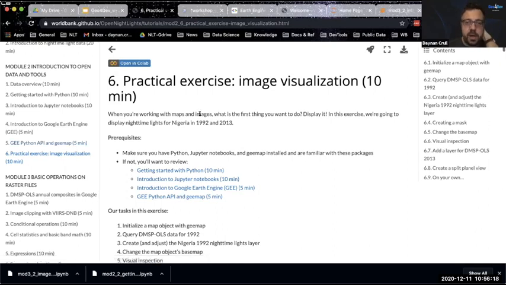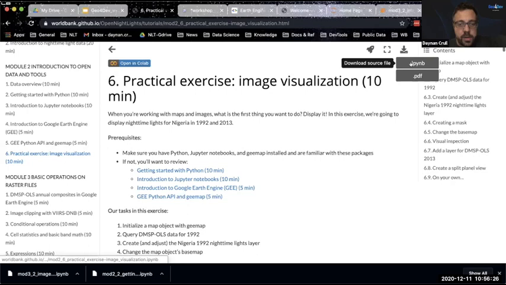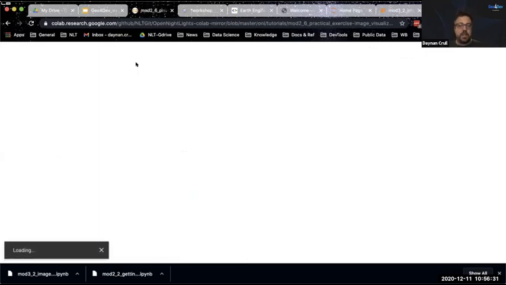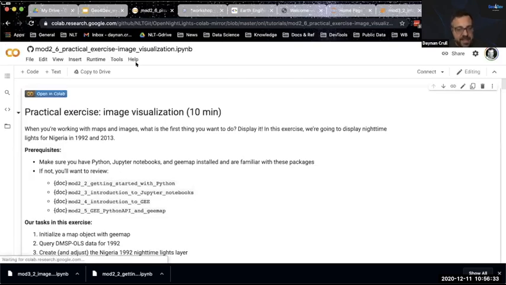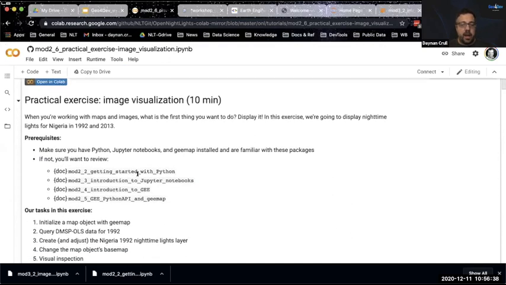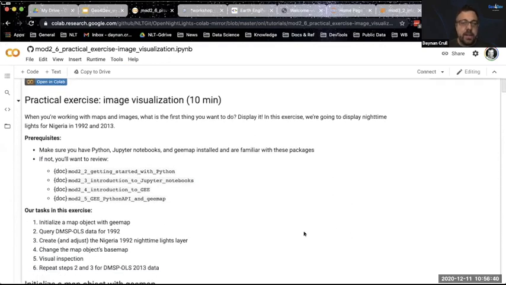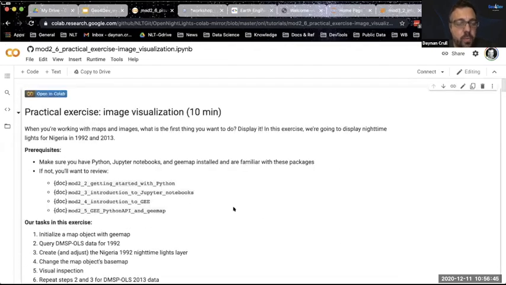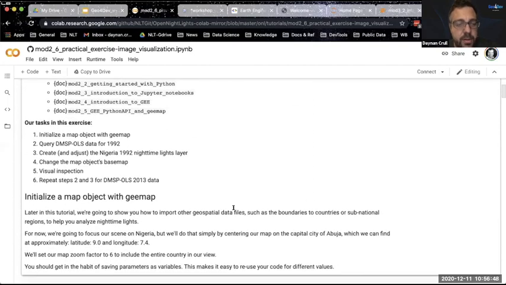This is a notebook on how we can visualize images using Google Earth Engine. Just like any notebook, you can download it locally on your computer, or if you go to this link, you can open this as a separate notebook. This is the exact same notebook. Some of the images won't render, that's okay, and functionality is a little bit limited in Colab, that's okay too. But essentially, you now have a notebook just like I ran, but you don't have to worry about installing anything on your laptop. The advantage here, of course, is you can do this from anywhere in the world, as long as you have internet access and a Google account.